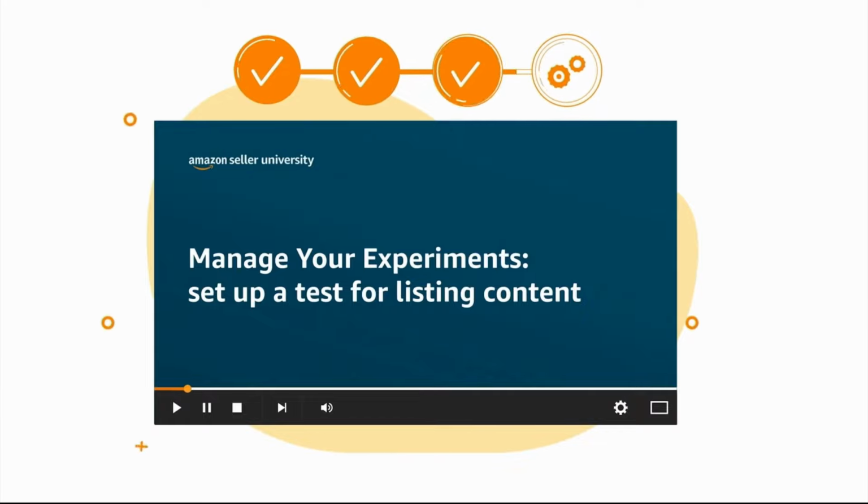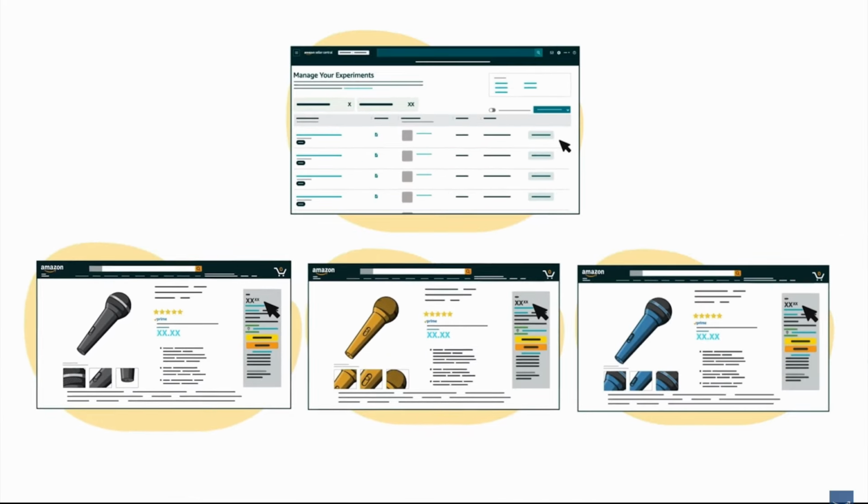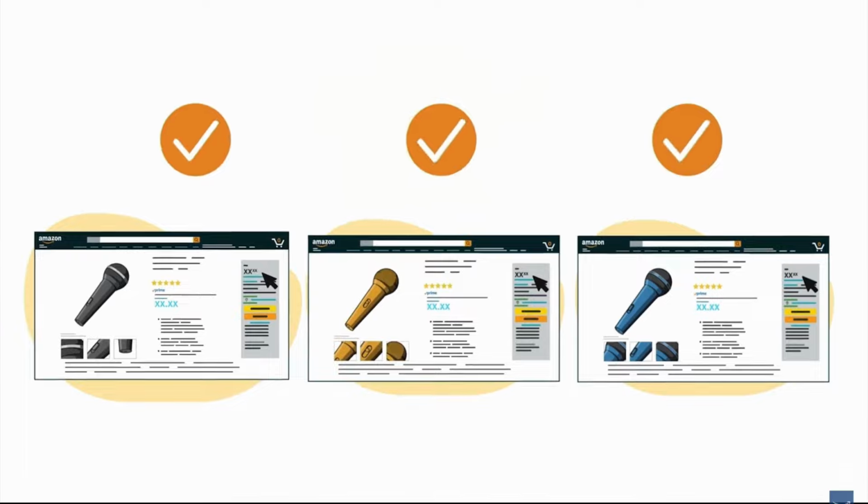Let's optimize the second image, third image, or let's update our A+ content, make it premium A+. And utilize experiments on Amazon. It's called Manage My Experiments. It is basically A/B testing your title, your images, your A+ content or premium A+, your brand story. So there are a lot of different modules that you can A/B test on Amazon. Take full advantage of that, because it never used to exist.